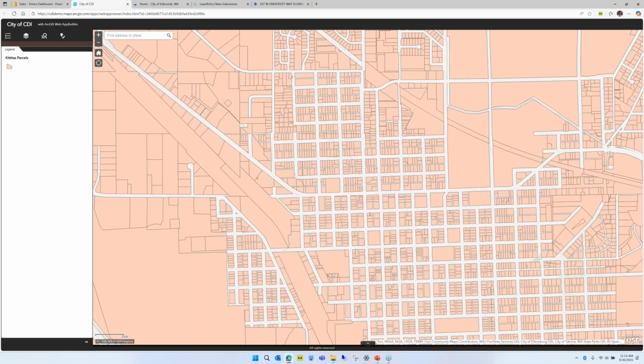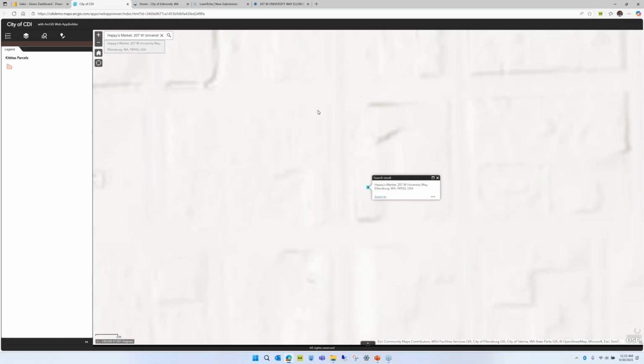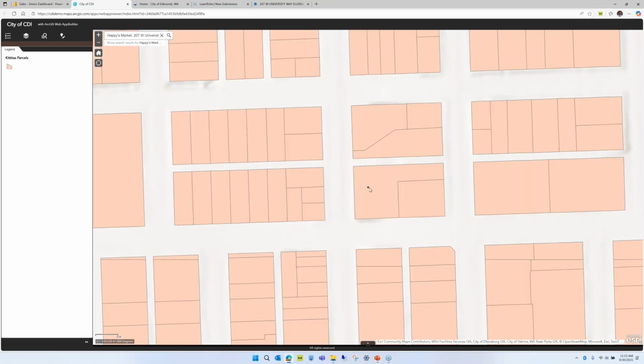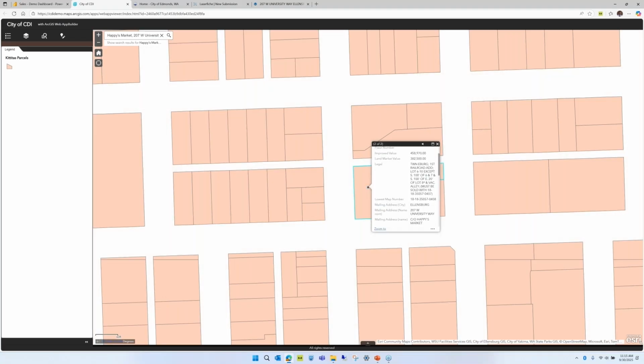I'll navigate over to my search filter box here, and we'll search for Happy's Market, right? This is on University Way in Washington. We'll let the map zoom in here. There it goes. Let's go ahead and click on that parcel. So what we can do here is we can obviously view the geospatial information that's stored in ArcGIS, such as the location, coordinates, and other information. But more importantly, what we're interested in is all of the documents that reside in our Laserfiche